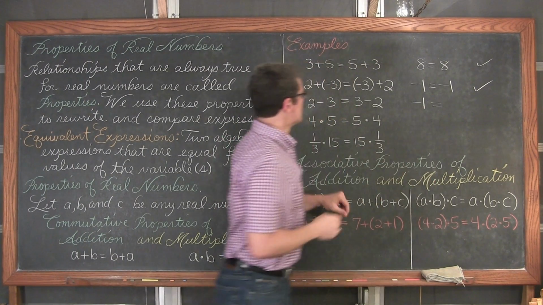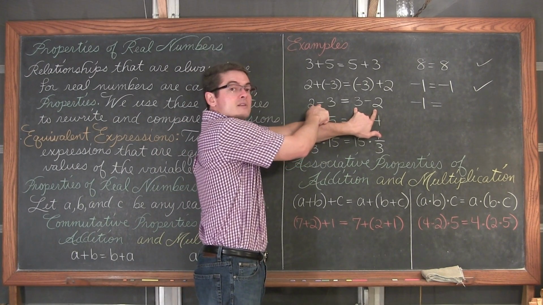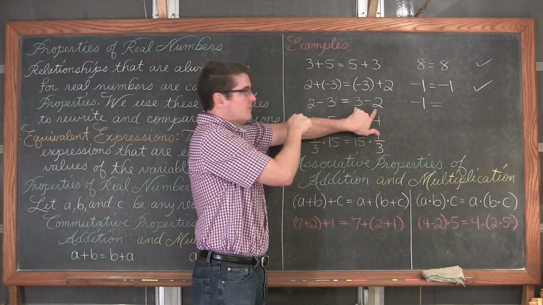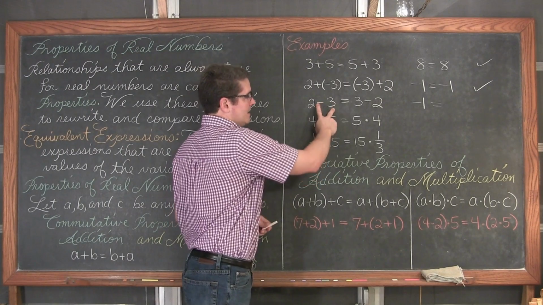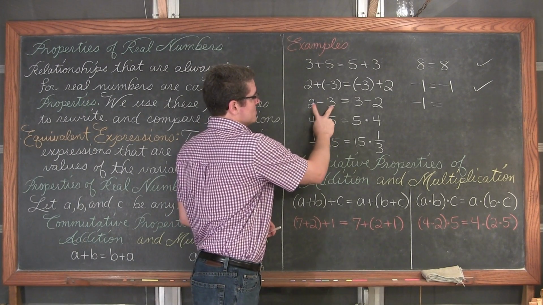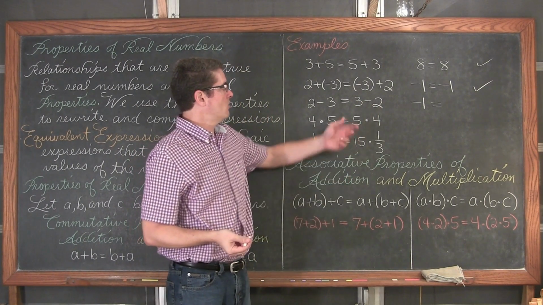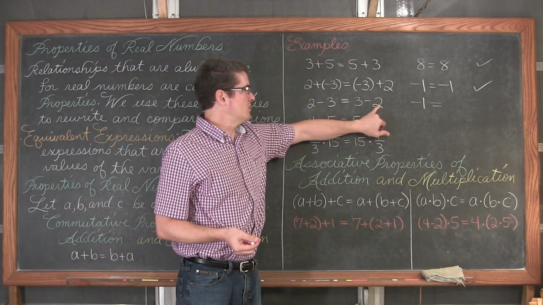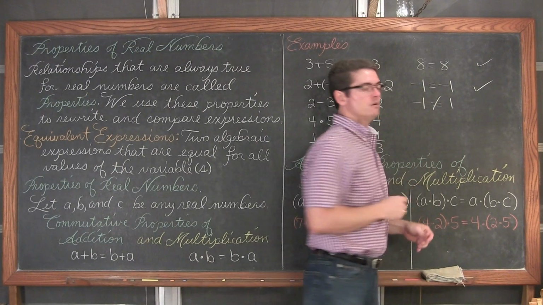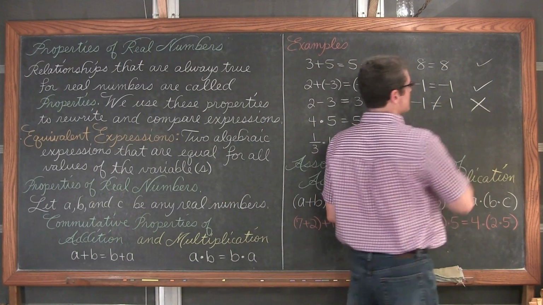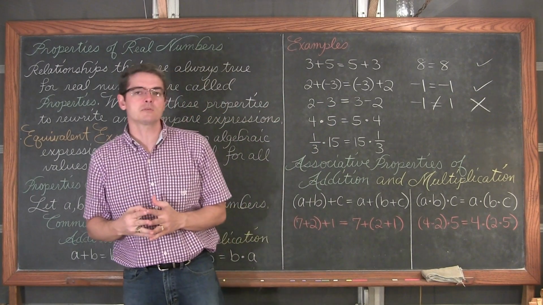And if I come over here to the other side, you notice how I took those numbers and I changed their places, but here the 3 has a minus in front of it, or a negative sign. And over here, the 3 is positive. So I've just taken the positive 2 and the 3, ignoring the minus sign, and I've changed their places, and I've tried to show what would look like the commutative property of subtraction. Well, positive 3 minus 2, I mean, if you have $3 and you want to spend 2, you'll still have 1 left over, and negative 1 is not equal to positive 1, and this is an example of why, a counterexample of why we don't have the commutative property of subtraction.